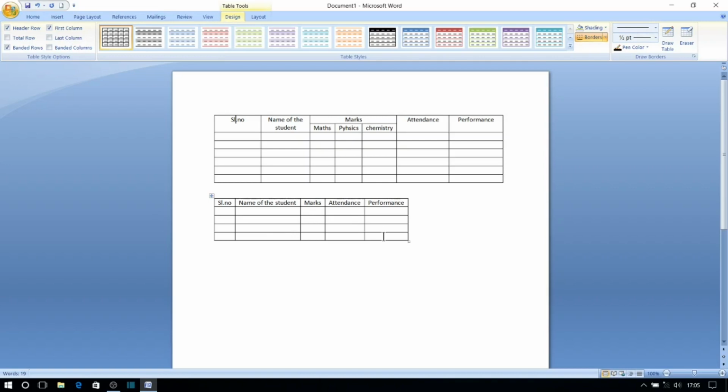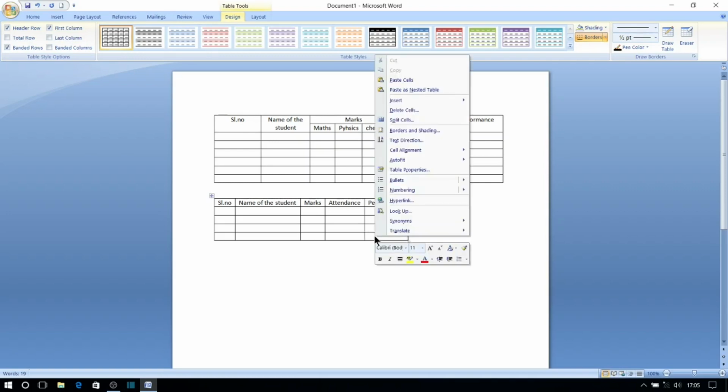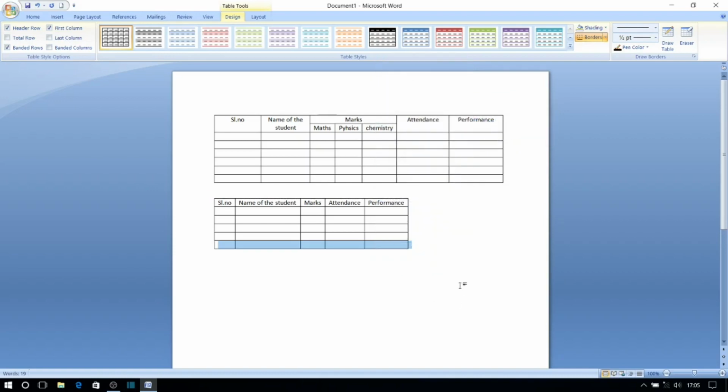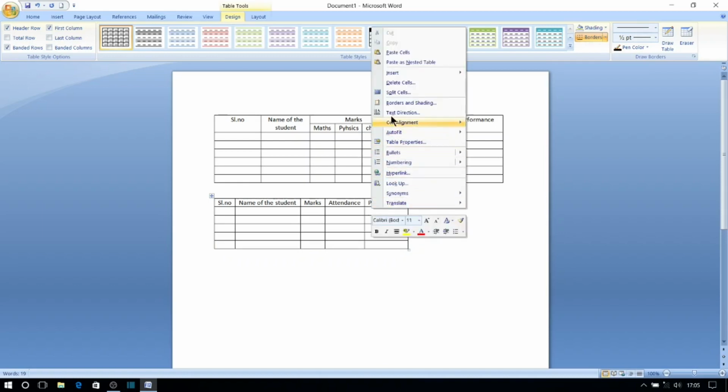First we will try to insert number of rows. Just the same way you click on the row below which or above which we have to insert a row and go to insert button and click the rows below. Now you see one row has been added as in the case of first table also. The same way we can insert a column also. Just click on this column and go for insert option and click the column to the left option.